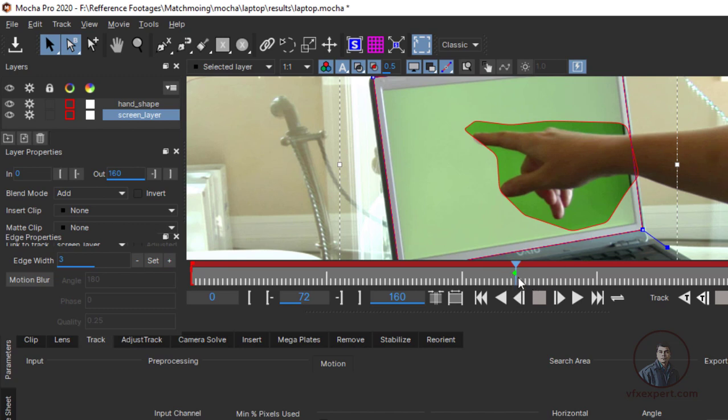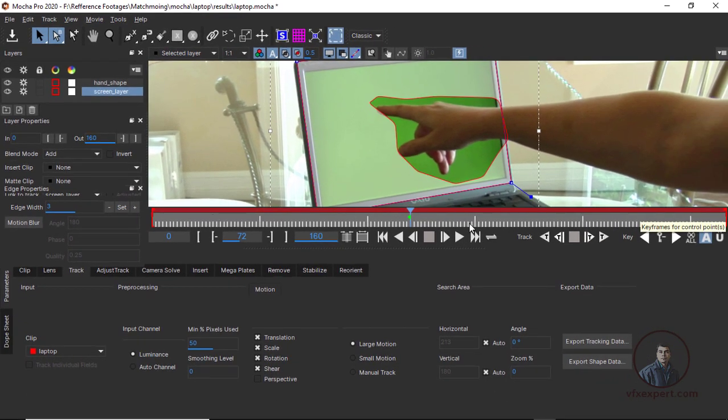Okay, now after this we have to track our screens. This is your key where you have created your screens layer. From here we have to track backward and forward, so both sides we have to track. First I am going to track backward. Just click on track backward.